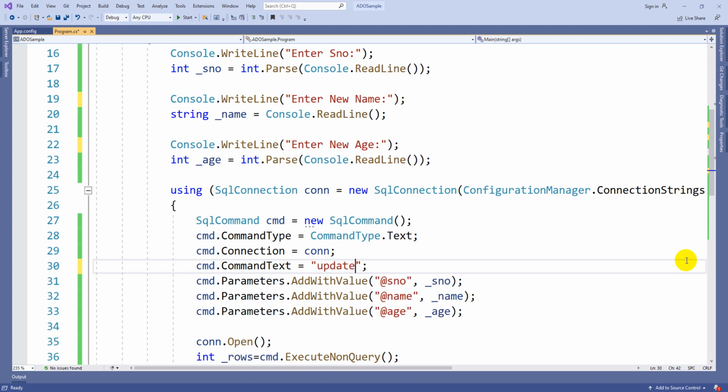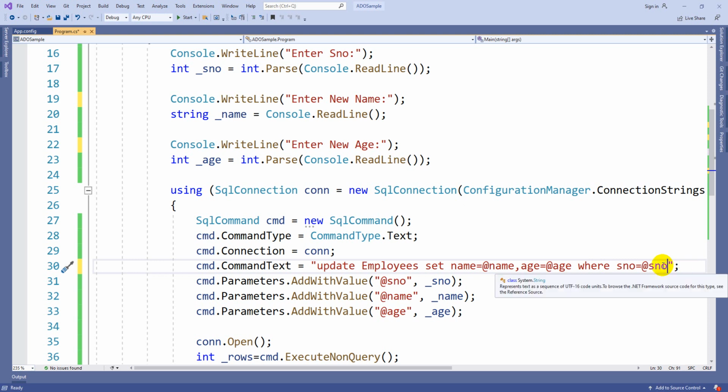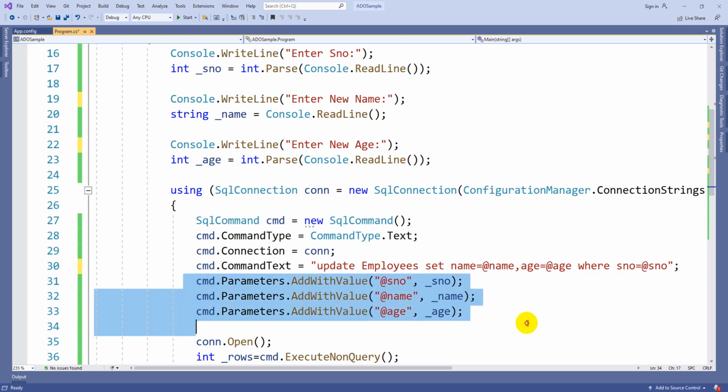So update table name, that is employees, set name equal to @name, comma age equal to @age, where serial number is equal to @serialnumber. That's it. Parameters will be the same as they are.